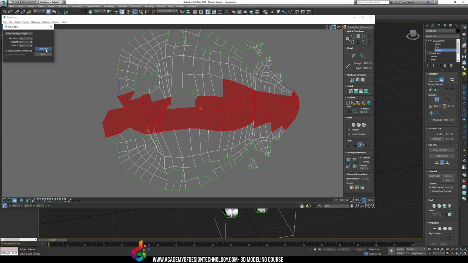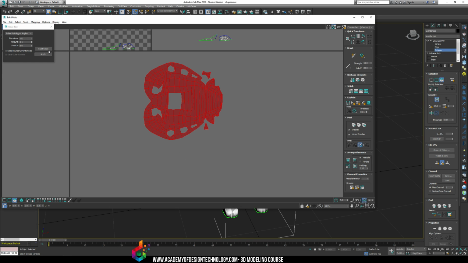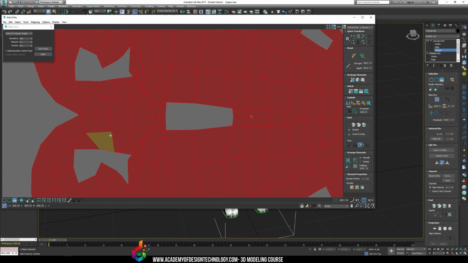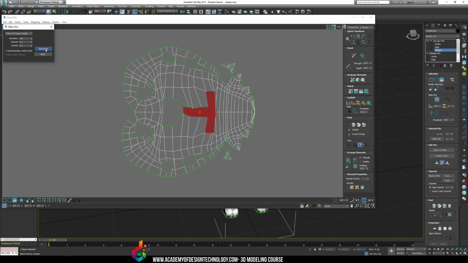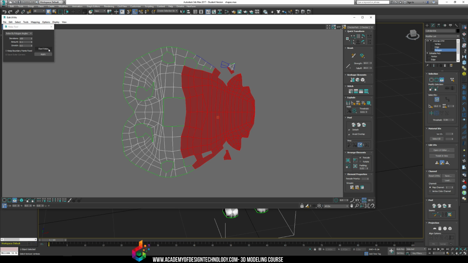I can grab whatever polygons I want and relax them. I can relax everything if I choose to. But like I said, be warned that sometimes overlapping does happen. You see here in this part of the model, there is some overlapping. So what you could do is just grab this part and just relax some different section. Let's say the bottom part alone, like this. Until there's no overlap that happens here. We can change the amount too, of course. You can see by changing the amount to 1,